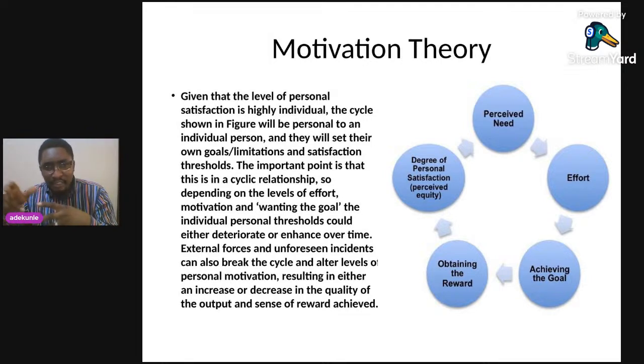Now, the cycle you see on this graph shows how an individual person can look at their own goal. All right, they have a need, they put in the effort to achieving the goal, they obtain the reward. Now, the degree of personal satisfaction is perceived, whether it's equal. There's equity in the entire reward process. So this theory looks at that to adjudge how staff are to be motivated within the organization,